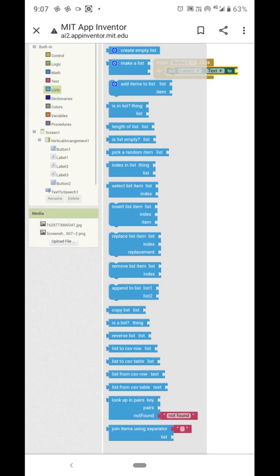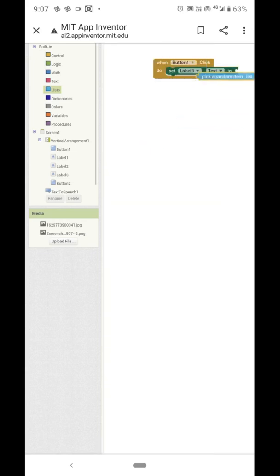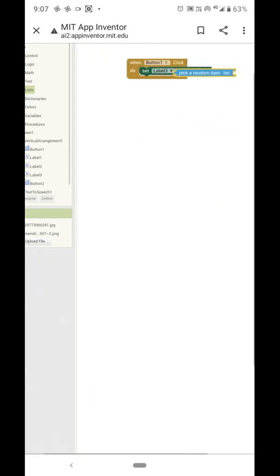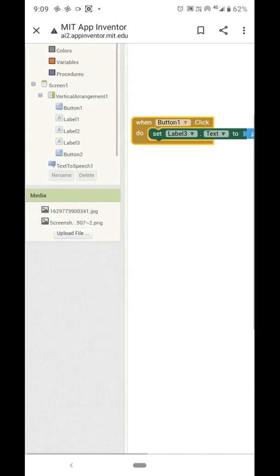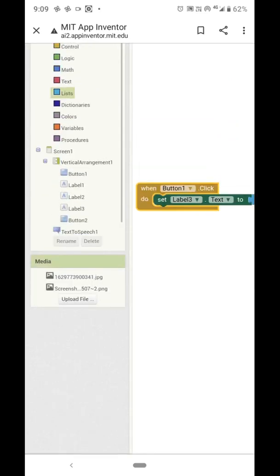Automatically we have to pick some atoms from the list. So take a block, pick a random atom from list. Then again go to list.